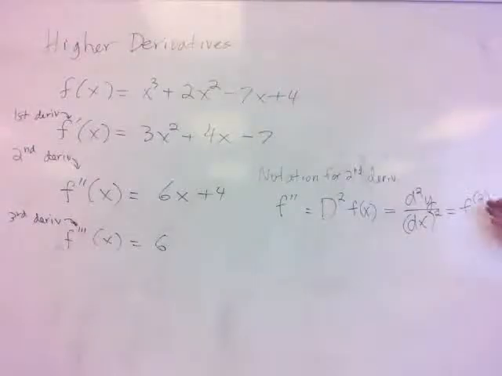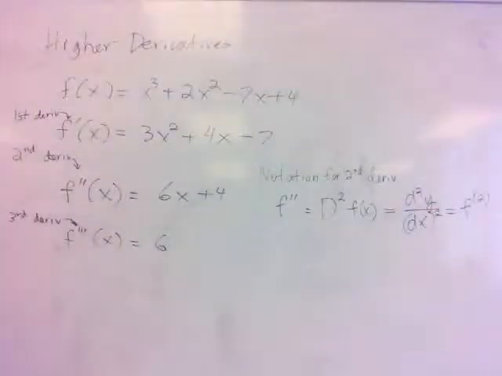That comes in more with higher derivatives, fourth derivative and beyond. But if you see f with a parenthesized 2 power, that's another derivative notation. It means the second derivative. So anyway,